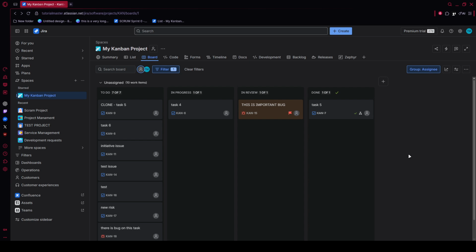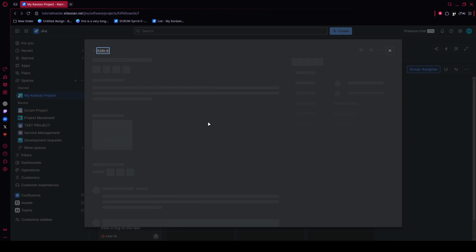To get started, open your preferred web browser and go to your Jira Cloud site or the official Atlassian sign-in page. Log in securely, then wait for your main dashboard to finish loading. From there, open the software project you're actively working in and select the task, story, or bug you want to review. The goal here is to begin from the exact issue that either blocks something else or is waiting on